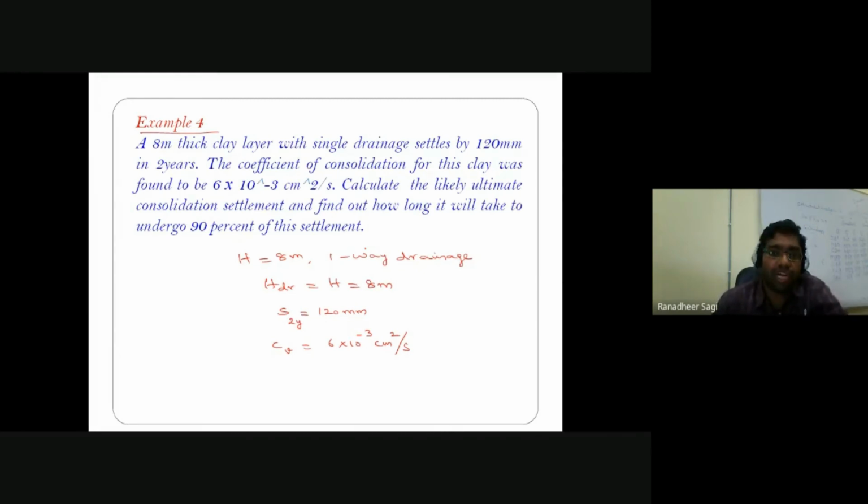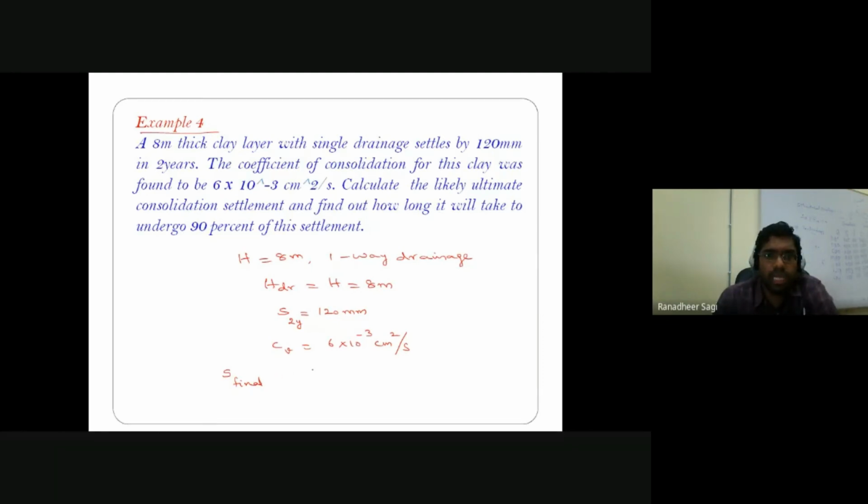and you are asked to find out what is the ultimate consolidation settlement. That means the maximum consolidation or total primary consolidation settlement, basically what we are trying to talk here. So if I am required to calculate what is my final settlement, how do I do that? Okay, so if I want to find out your final settlement, we have seen earlier some expression mv into H